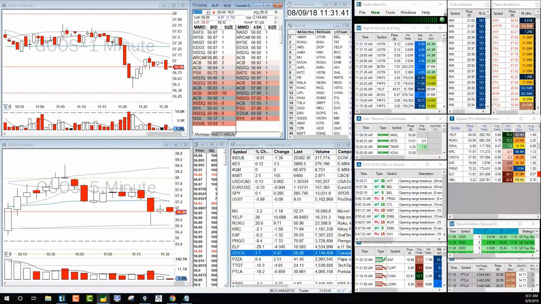And I also don't have hotkeys, because I've made hotkey mistakes where you thought you were going long and you went short, or you wanted to exit and I doubled. I did all that stuff and I said, this is stupid. If I don't have enough time to properly assess what I'm doing, I don't want to do it. So